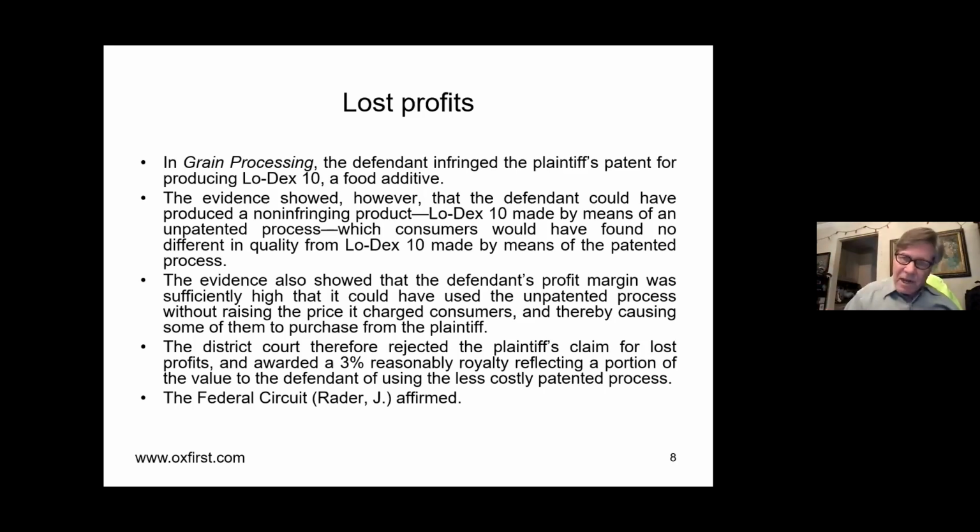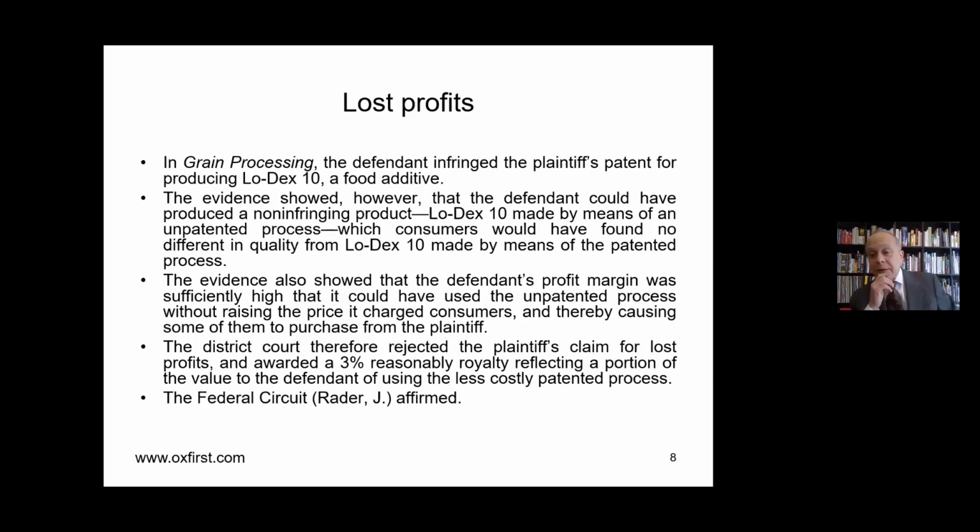In a later case, someone made the same argument, and it was shown it would take them 6 months to a year to switch to the new alternative, and that was not considered a non-infringing alternative. Excuse me for interrupting. I just thought I'd add those little points. That is an important observation on this case.